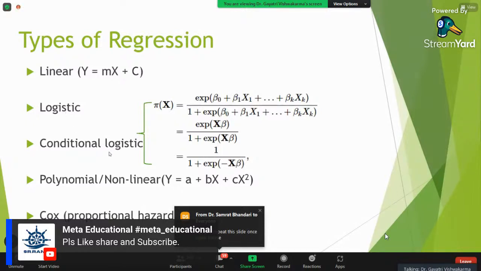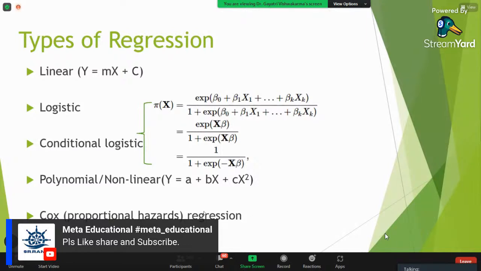And conditional logistic is for matched case control study design, where you have matched pair data. And if your y is a time variable, that means duration, for survival or some other thing which you are measuring for the duration. So this is the thing you can understand from this.